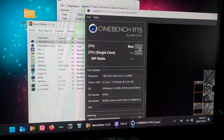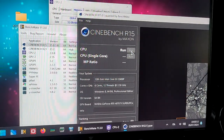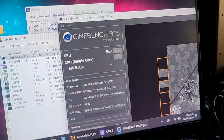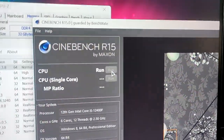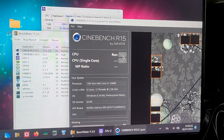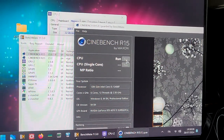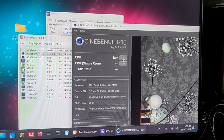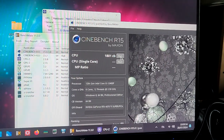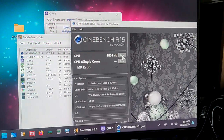So the machine came back now for a GPU upgrade. I had to put a 4070 Ti Super in it. Back then it was running with a Tesla M40 because it was the GPU shortage time, so we had to get whatever we could to make this machine work for a video editor. The customer is super happy about the machine already, but when I got it, I tried to run some tests,